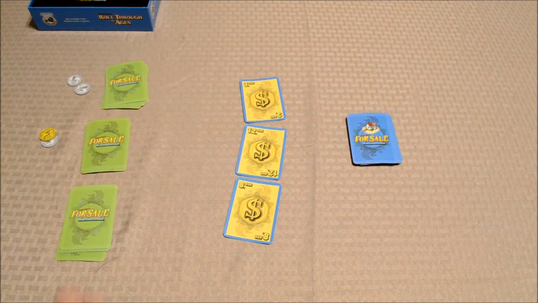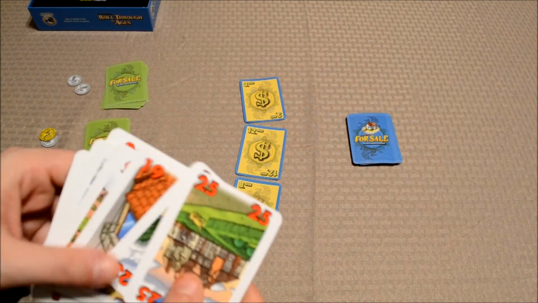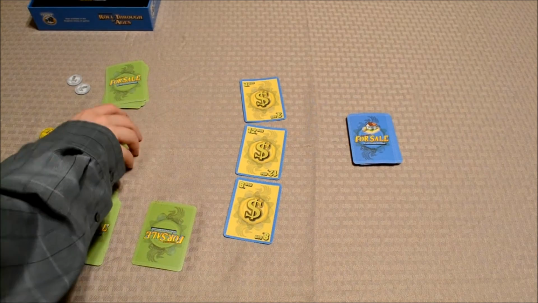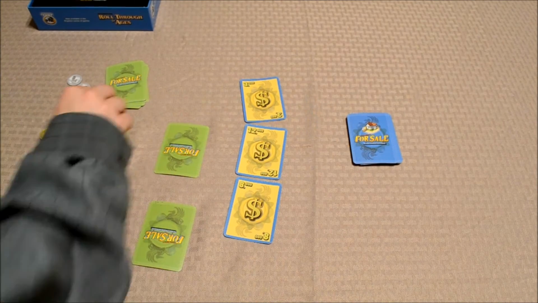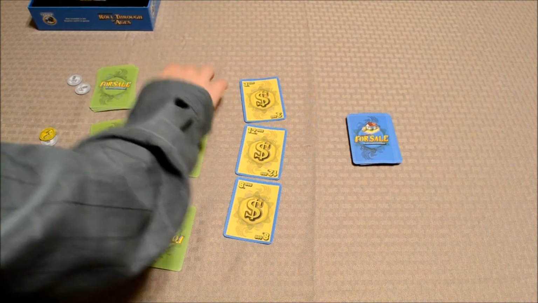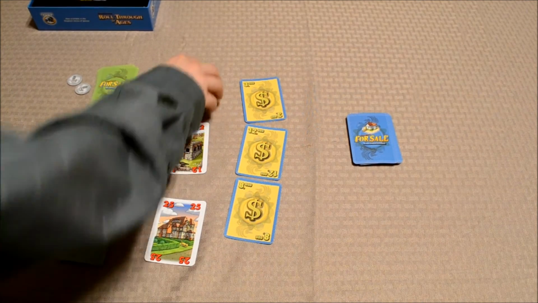And what will happen at this point, each player will take a look at their deck and put down a number. Let's just say that this person decides to put down this 25 face down. This person decides to play this 12 face down, and player 1 decides to put this 28 face down. So what will end up happening at this point is they'll all be revealed at once. 25, 12,